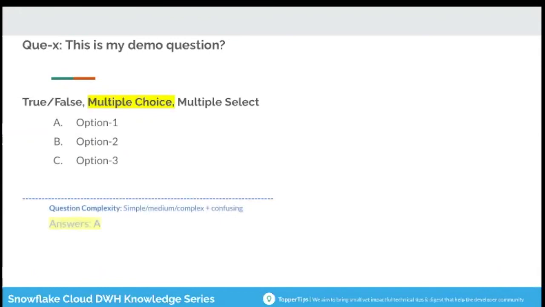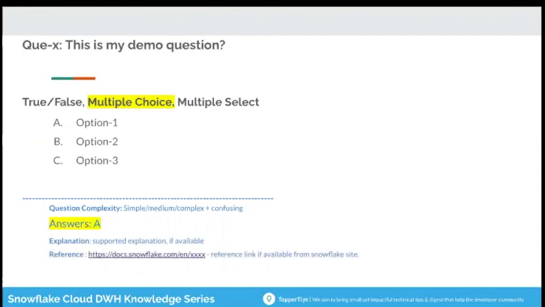Options appears one by one. And once all the answers or options appeared, you can pause and attempt the question. Finally, the question complexity and confusing indicator also appears along with the correct answer. An emoji also is added just to make sure that if this question is a confusing question or a straightforward question. And finally, explanation text and any supporting document, if available, would appear on the screen. So let's start with questions.